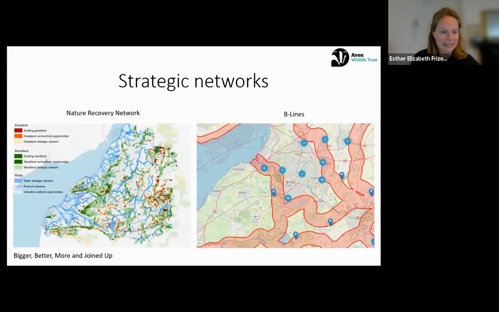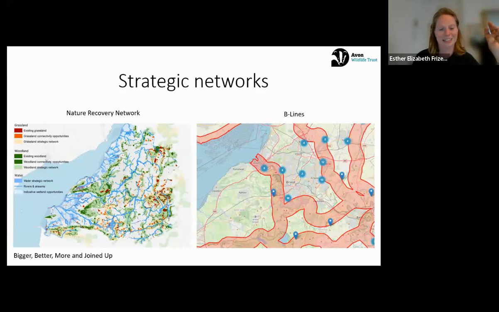And basically they've put together a little model to show the existing habitat patches. So you've got these darker green areas, which is the woodland, and then the lighter green is where woodland could be created to enhance the corridors in the area. So you can see these really nice corridors through the landscapes. This is Avon here, and it's basically